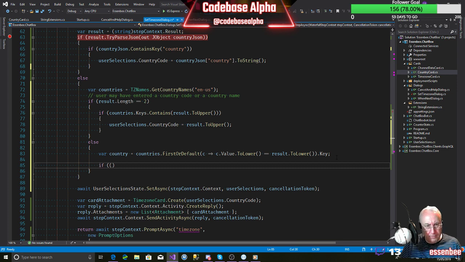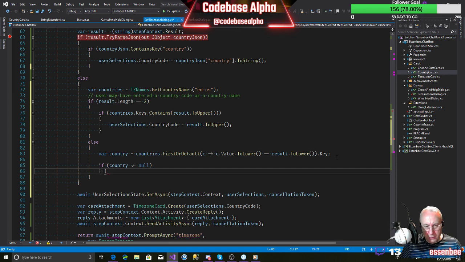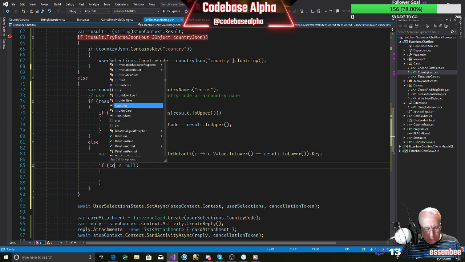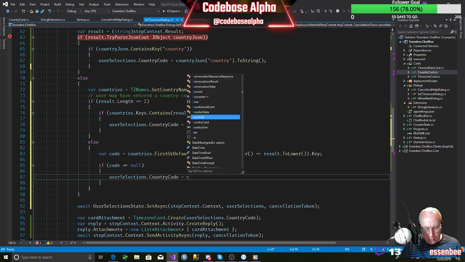and if country not equal to null, only then will we say that this is country code. Let's just call it code. Then only then do we set the country code equal to code.